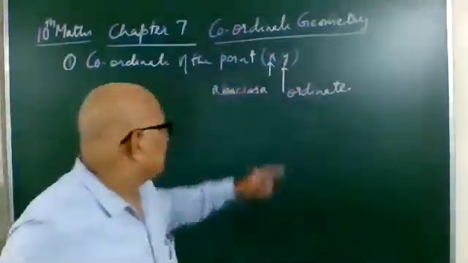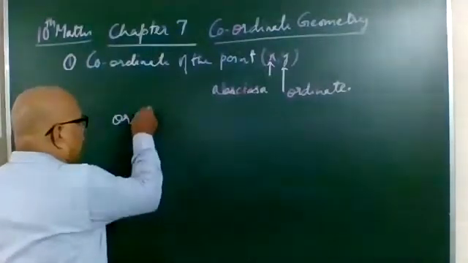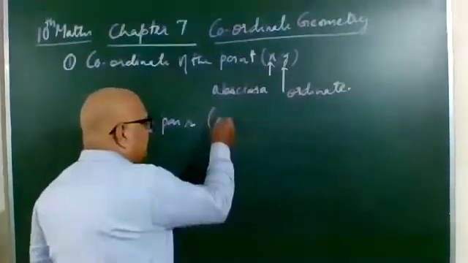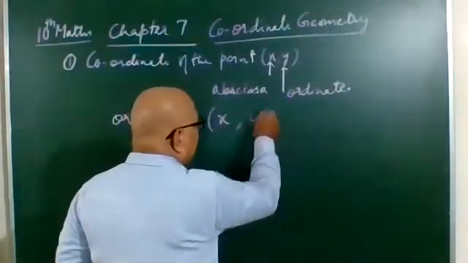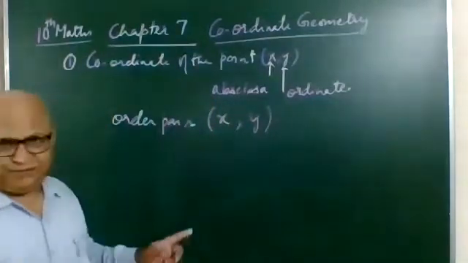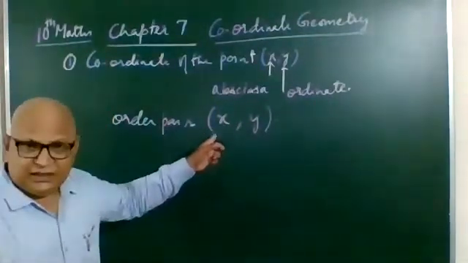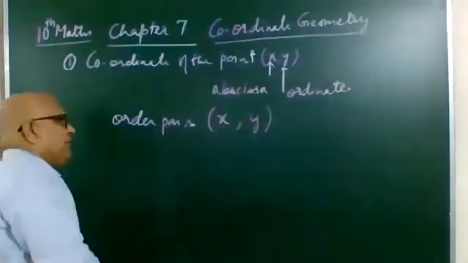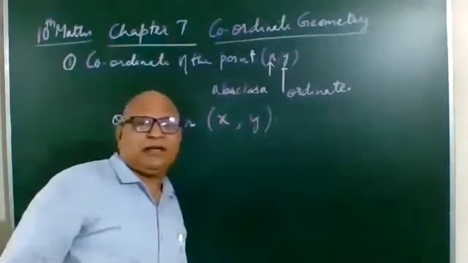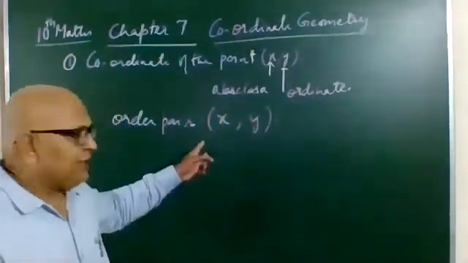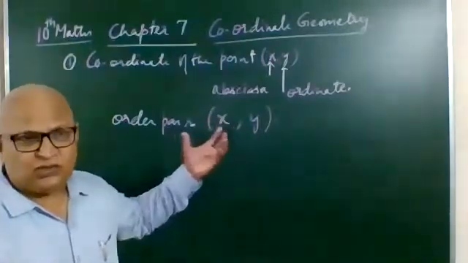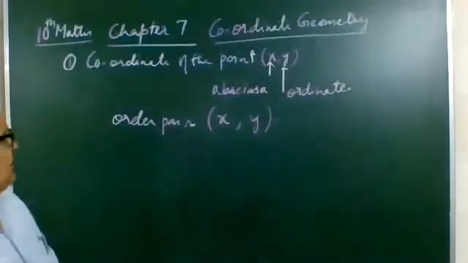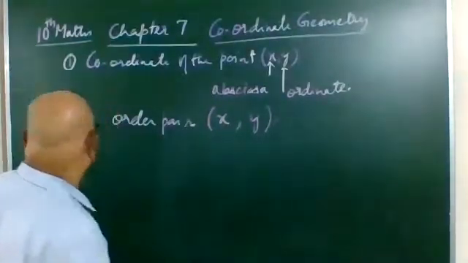And this is an ordered pair. And an ordered pair is always written in the round bracket. You remember this ordered pair. Round bracket you have to apply. So please see that this round bracket, you cannot change into curly bracket. You cannot change into the rectangular bracket. The right way is to write the ordered pair in the round bracket. So x is the abscissa and y is the ordinate.